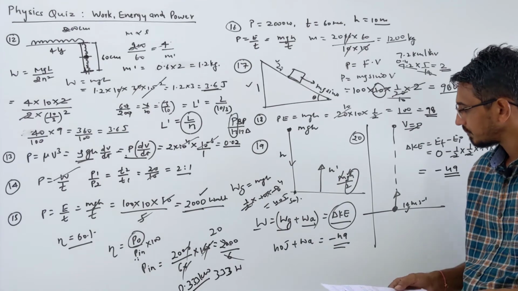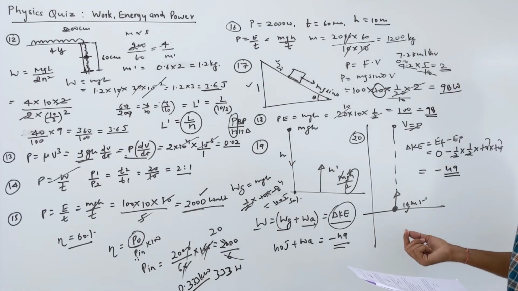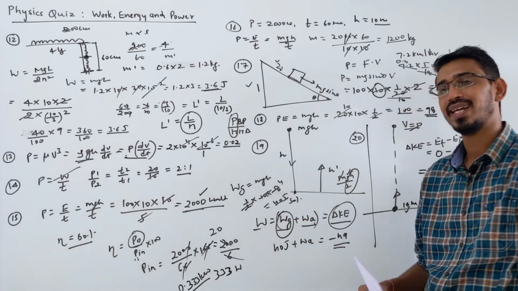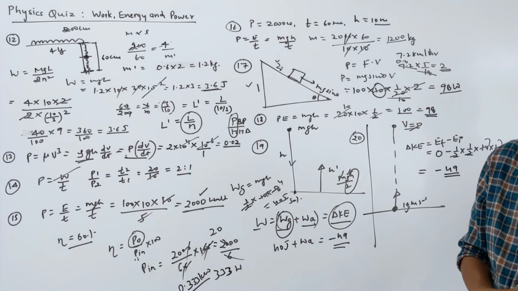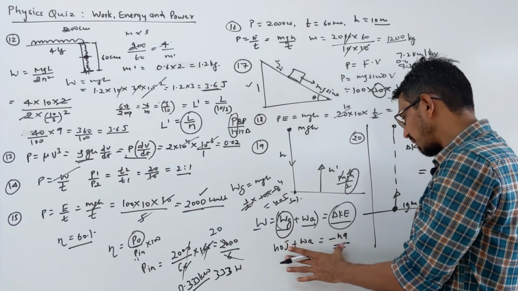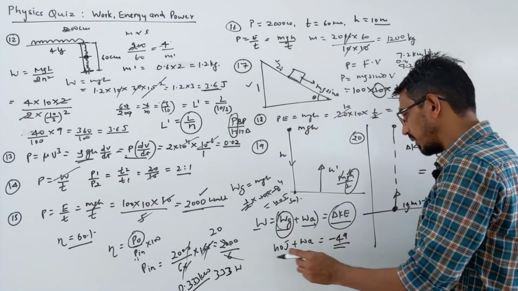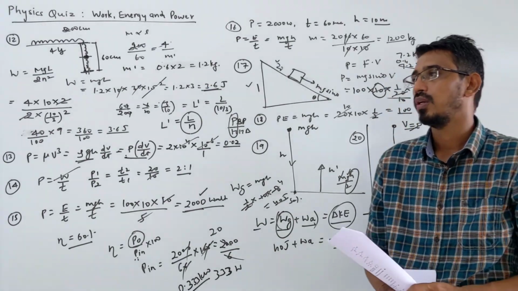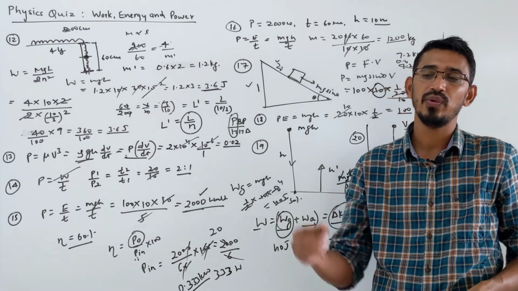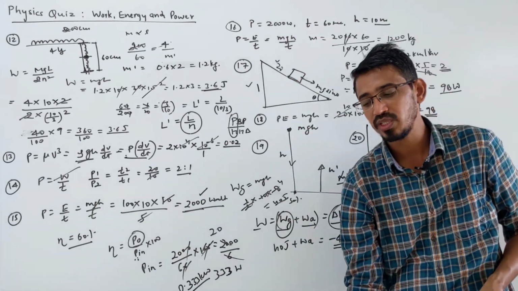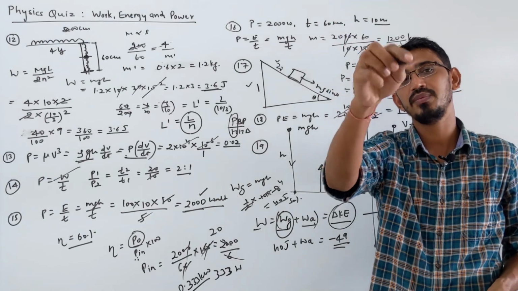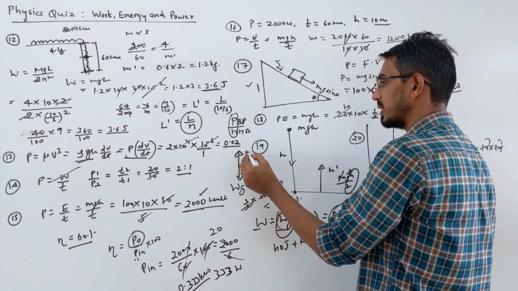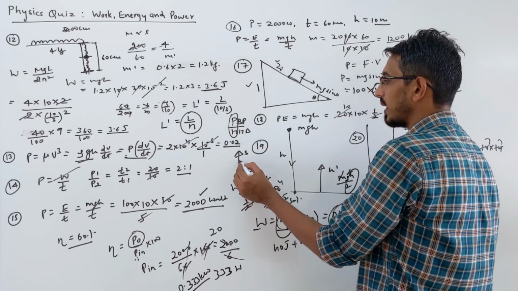They are asking us what? Look here, this is important. Work done against gravity will be negative. If you put only this value, then your answer will become wrong. Here this 40 joule is negative. Why negative? Because our body is moving against the direction of the gravity force. Gravity force is acting downward, right? And the ball is moving against gravity. So work done becomes negative because the force is downward and the displacement is upward, so the angle becomes 180.